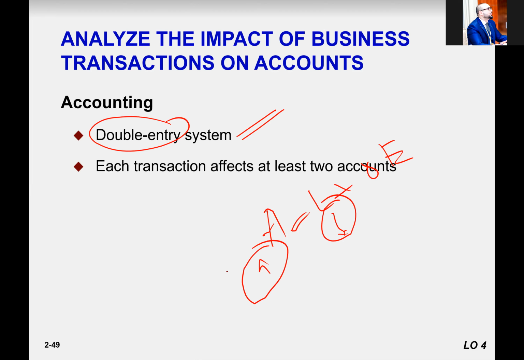So this is basically a double entry system, which means each transaction affects at least two accounts. So this is not new. We are rephrasing with a different point of view, and from now on we are starting the double entry system. Up till now we have discussed the impact according to the accounting equation, and now we are finding out how accounting systems work in big companies and how we analyze the transaction in the double entry system.